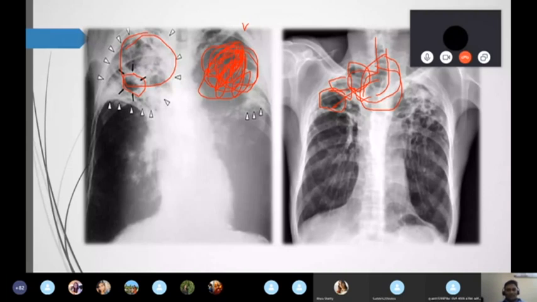But in long-standing cases, we can make it out. As I told you, see these X-rays: big cavities are there, the whole lung is fibrotic, fibroid bands are there. The trachea is also pulling toward the same side. I can see the kink. These are very classical in long-standing TB patients. So in long-standing cases, we can make it out. But early on, we have to correlate with history and give one or two options for your differential diagnosis.